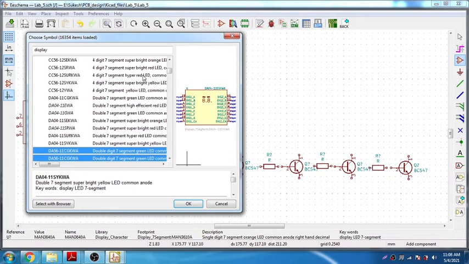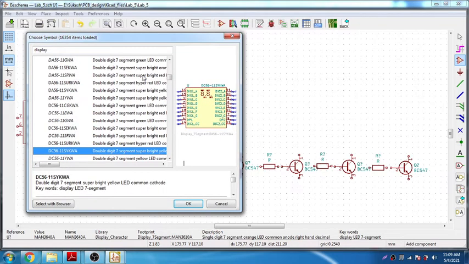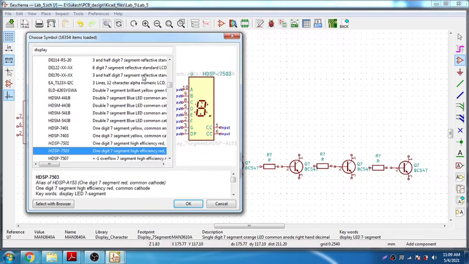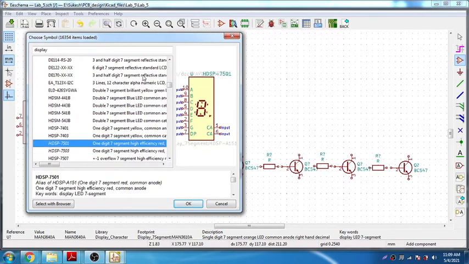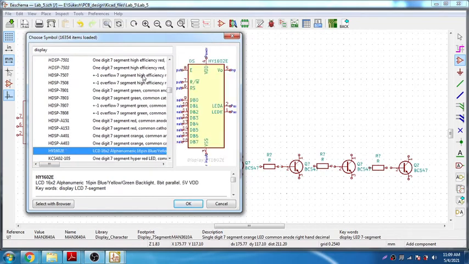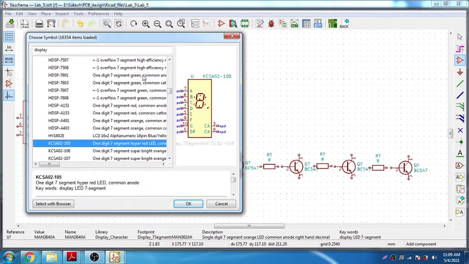So you need to search the module, otherwise we need to create a separate component. I think one or the other component is supposed to be there, so we need to search for it because there are many such. So this is actually 1 and 7 here. This is 1 and 6, common cathode. We need to have a display of one digit where 3 and 8 are connected. Yeah, here it is. You just look at this. This is a one digit. The model part number is